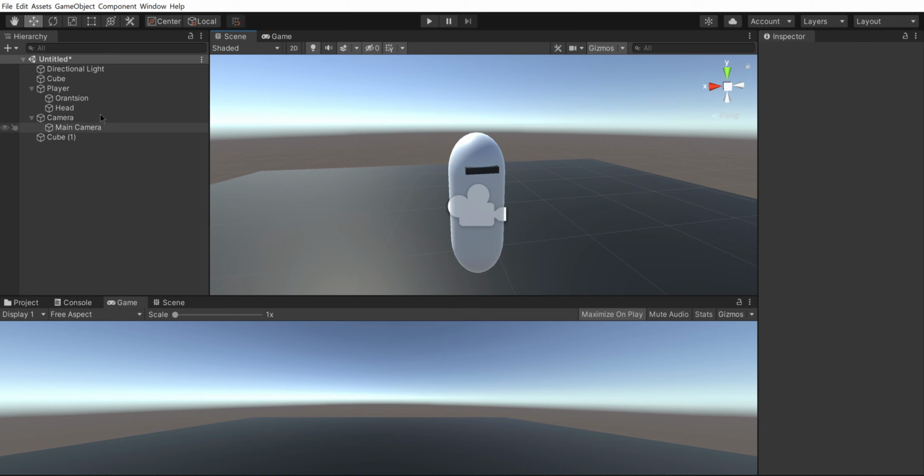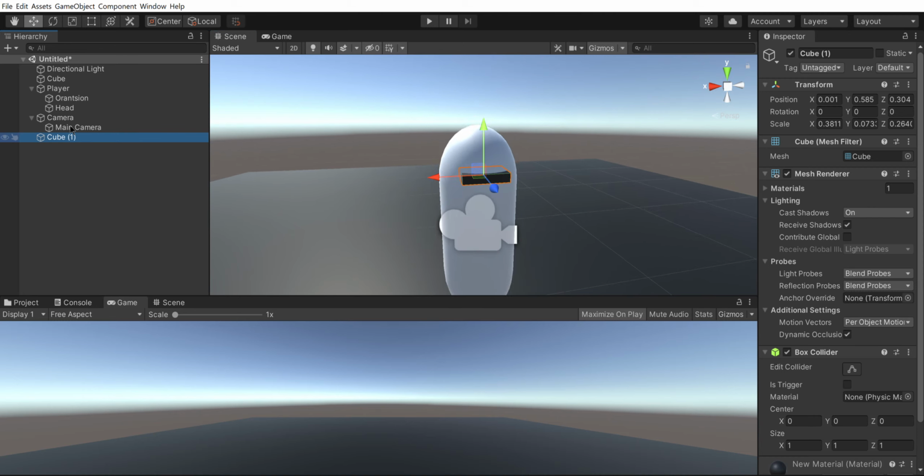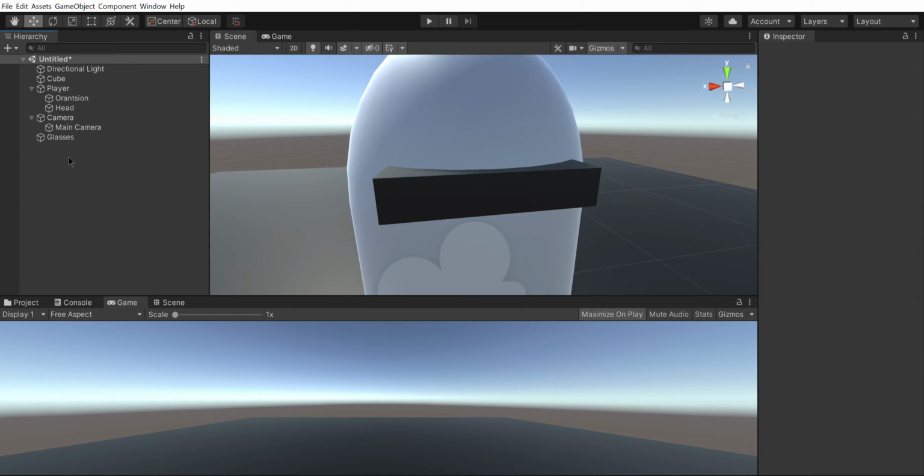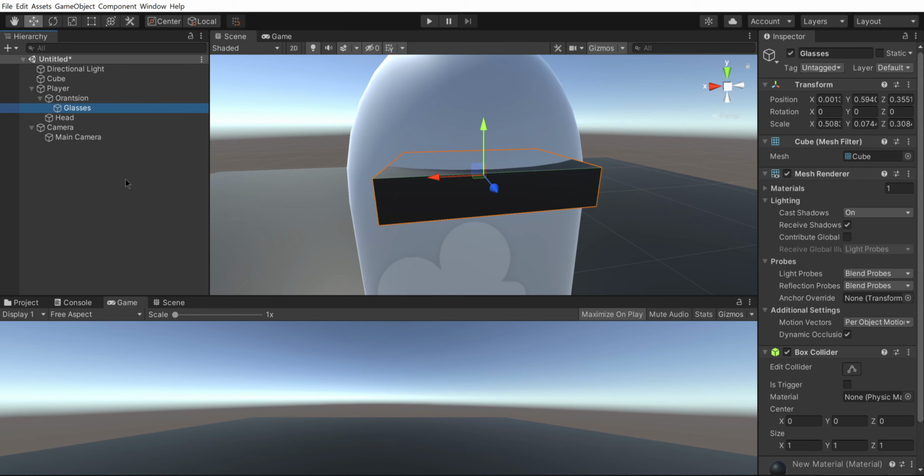Now, you're going to drag the cube I made. I'm going to name that glasses. If it's in player, it will stay in the one position, so if you move, it will just go out of the face. If it's in orientation, it will move when you move, like when you look around, it will move with you. So once that's in orientation,